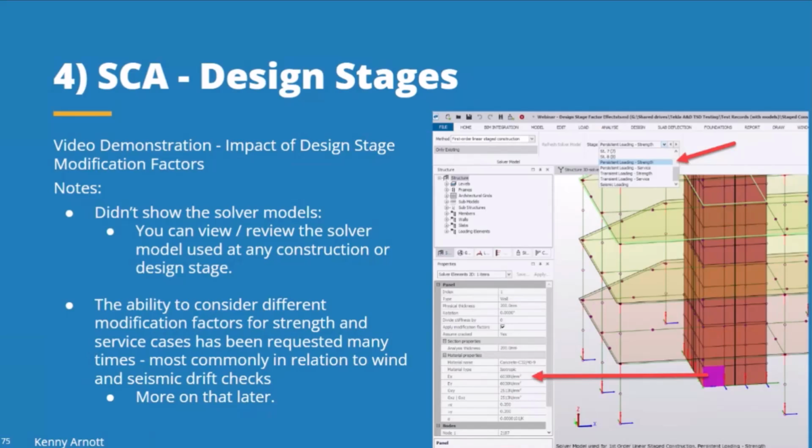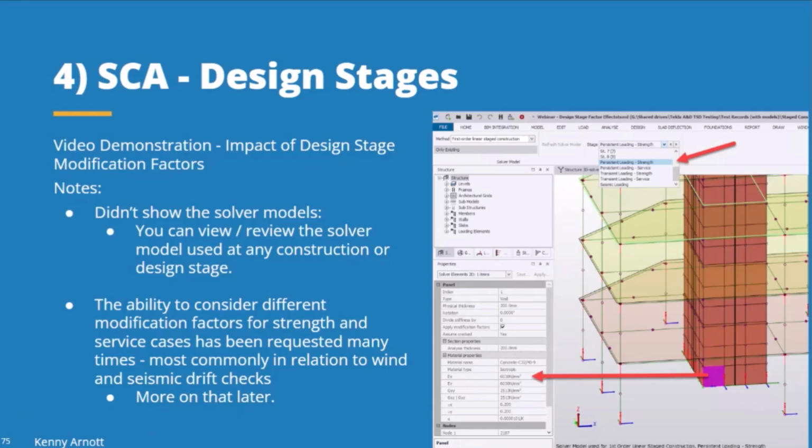Okay, that video demonstration showed the impact of design stage modification factors. One thing that I didn't show in the video was that you can go to the solver model view and select to view the solver model for any of the design stages.